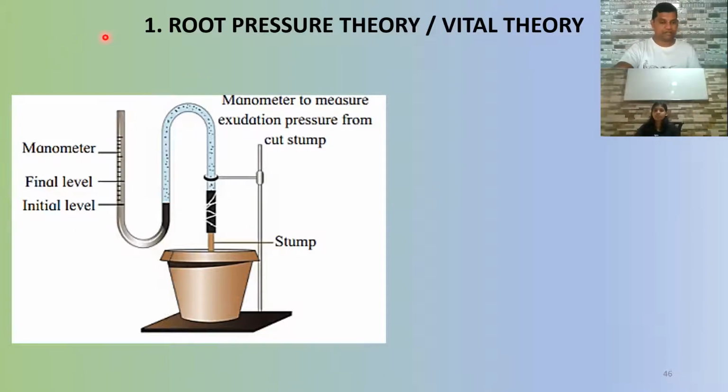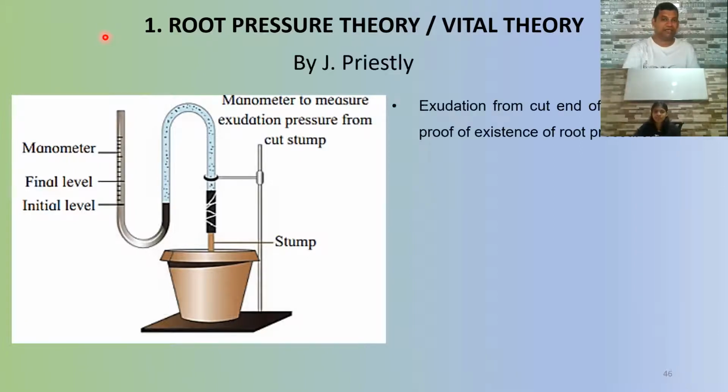So the first such theory is called the root pressure theory, also called the vital theory, which was put forward by Joseph Priestley. Joseph Priestley. Now don't say that yes, you know him. Was he your classmate? No. Okay. So see, whenever there is a stem portion,